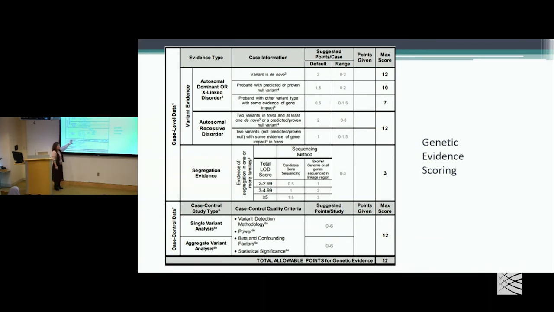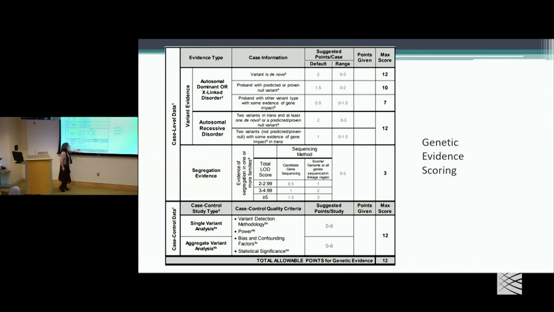And then we get down to case control studies. For the rare Mendelians, you're usually dealing with individual cases with individual variants. As we get into phenotypes that are slightly more common, like breast cancer and cardiac diseases, you really start to need case control studies. Those could be single variant analysis, looking for the variant at a frequency in cases and that same specific variant in controls, or aggregate variant analysis, often called burden analysis, where you look at the burden of loss of function in the gene versus the burden of loss of function in controls and look for statistical correlation.